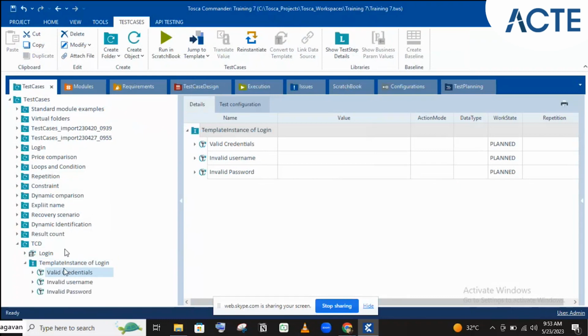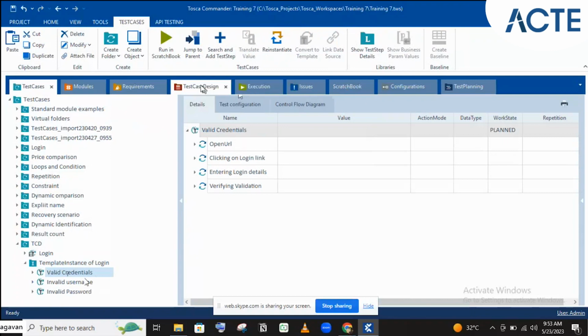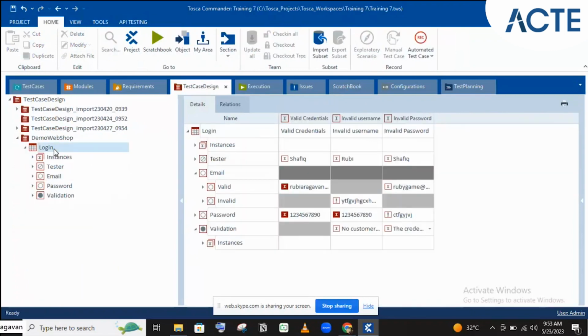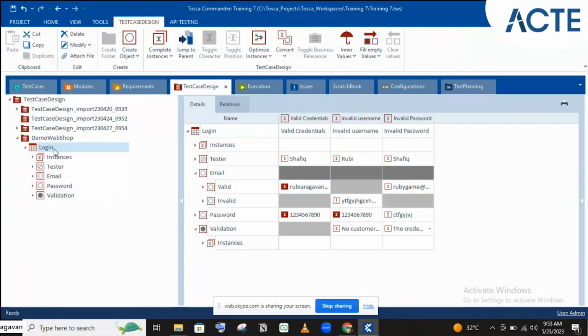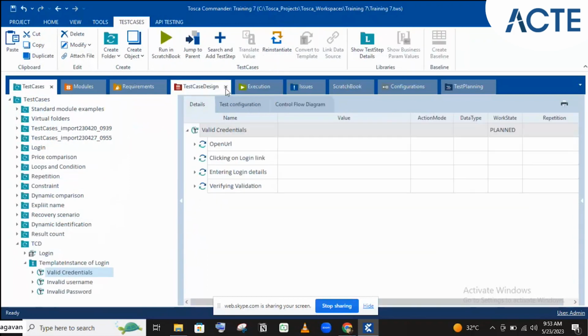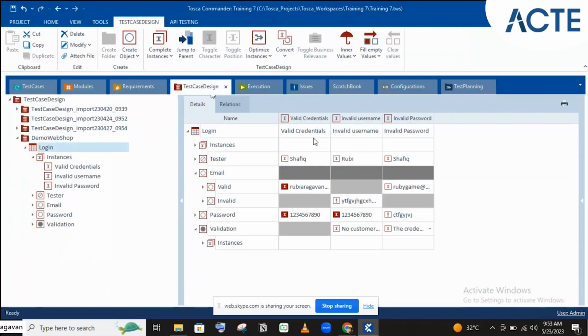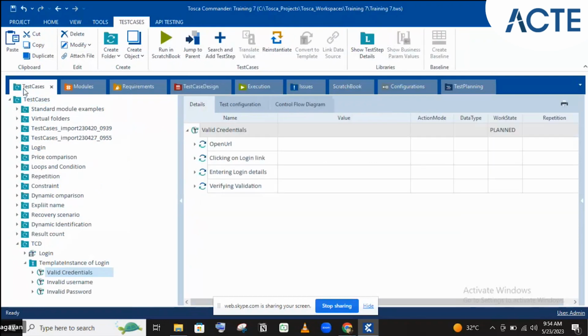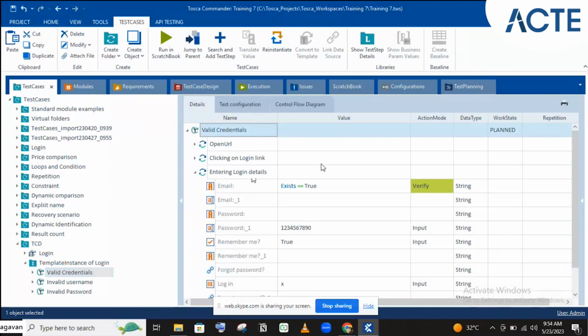So you can see 3 test cases got generated. So these 3, the instances that we created under the test sheet level, have got generated as test cases now. So valid credentials, invalid username, invalid password. So each instance is generated as a test case after instantiating. Then if you enter login details,